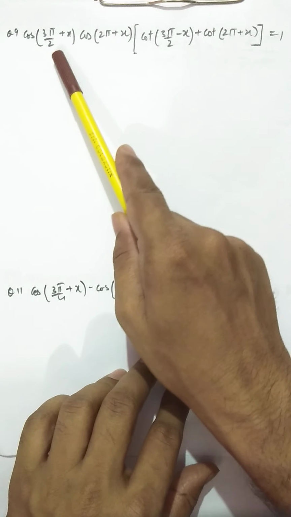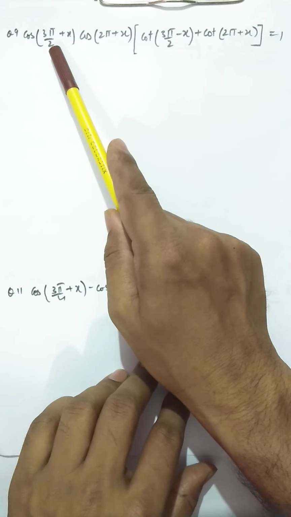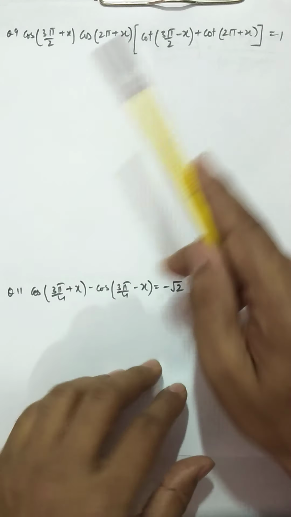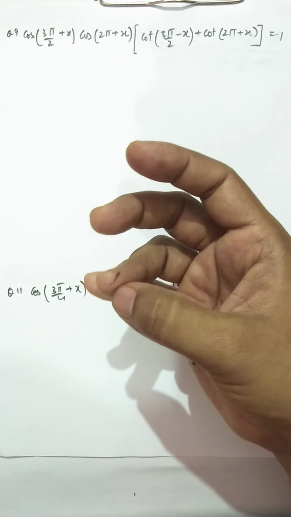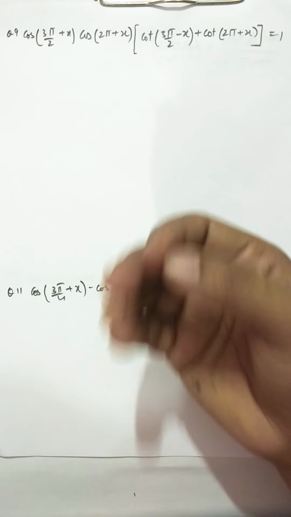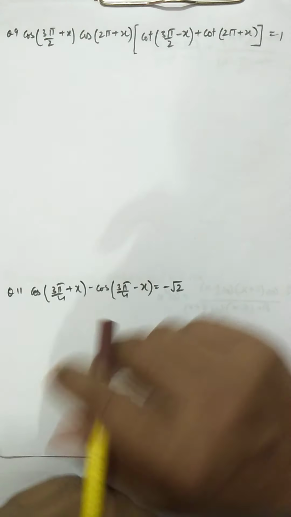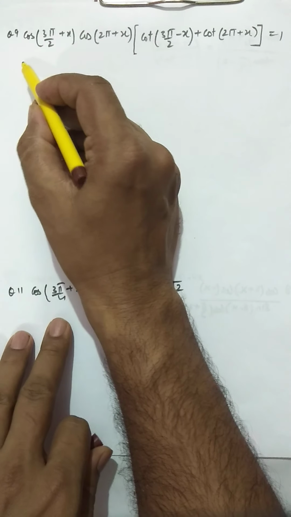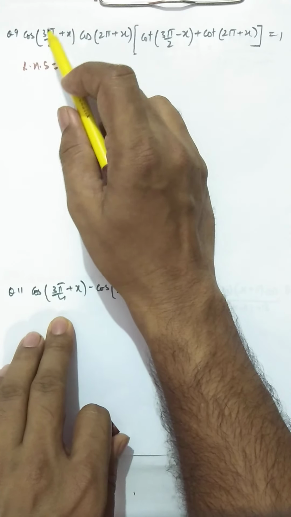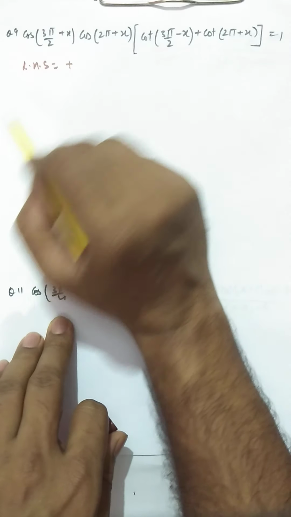So you see, whenever you get angles like 3 pi by 2 plus x, or 2 pi plus x, this is 270, this is 360. Whenever you get angle 90 plus minus theta, 180 plus minus theta, 270 plus minus theta, 360 plus minus theta, first you apply the quadrant concepts. For example, this cos pi by 4, if I take LHS, then cos 3 pi by 2 plus x, it means this is now moving in quadrant number 4, and cos in fourth quadrant is positive, so I am writing this positive first.